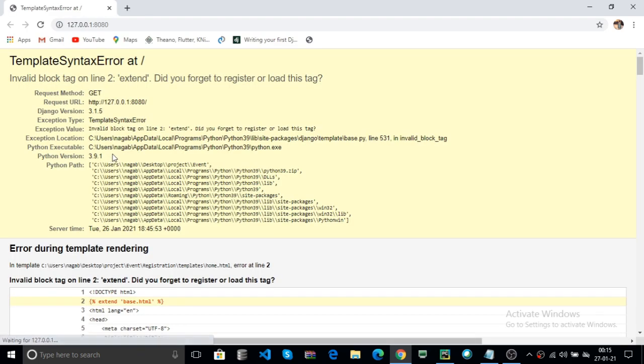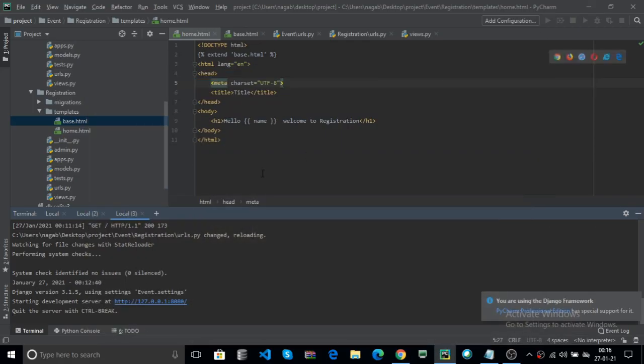Now here there is an error: extend, register or load this tag. Yes, you can use the block content.